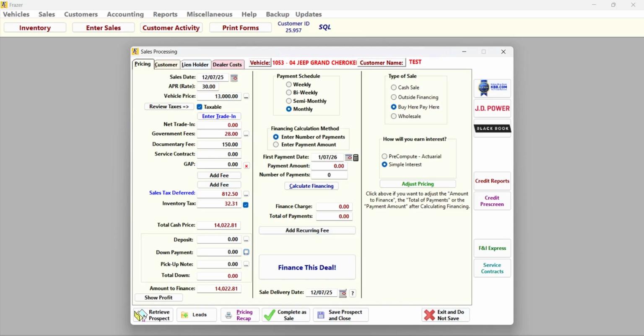So, as you can see, your government fees, whatever you have set, as well as your documentary fee, those are showing up automatically. And Frazer's going to have the correct sales tax calculations for wherever you're doing business. As you can see, we're in the state of Texas right now, so we have deferred sales tax and inventory tax showing up. But moving on, we have 3 ways to take a payment from the customer: deposit, down payment,